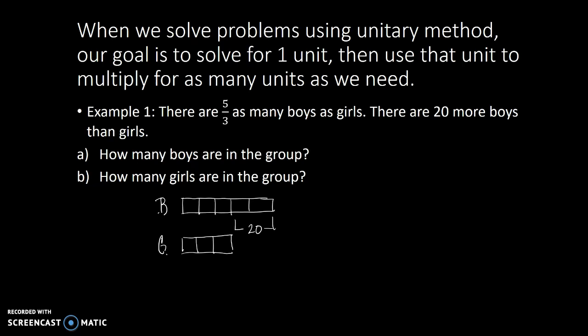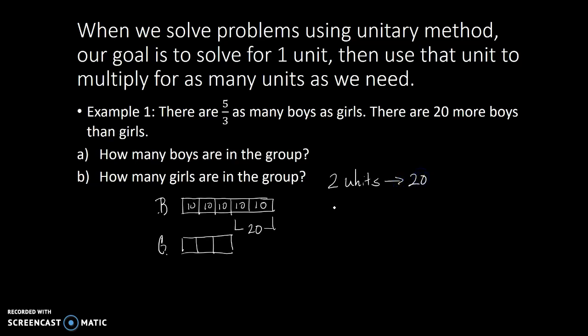How many boys are in the group and how many girls are in the group? Well, you can, I'm sure, just see by looking at the bar model that each unit, of course, is going to equal 10, right? Because 2 units equal 20. So we could pretty much solve this without writing anything else down. But I want to show you how we teach the students to solve this using the unitary method. So we would say 2 units